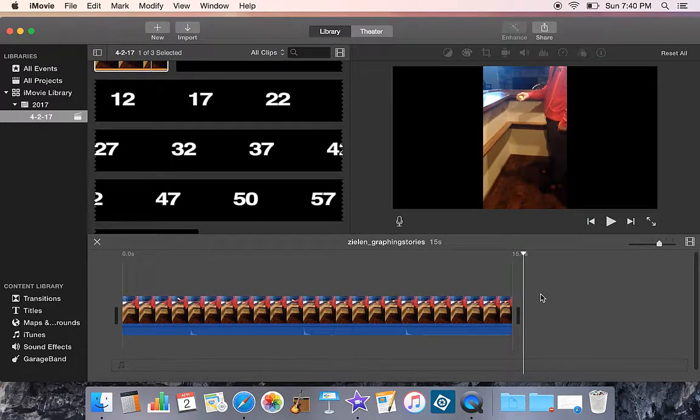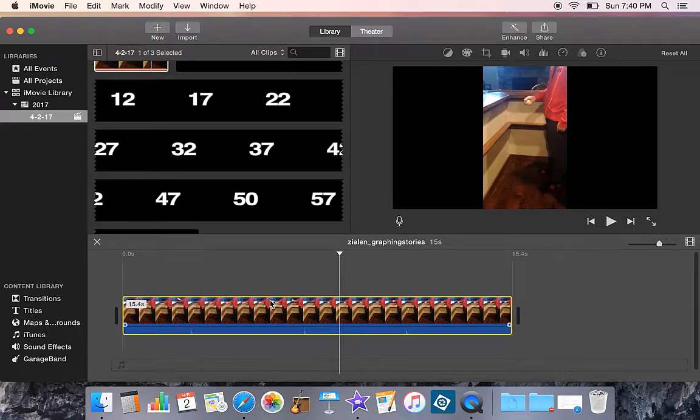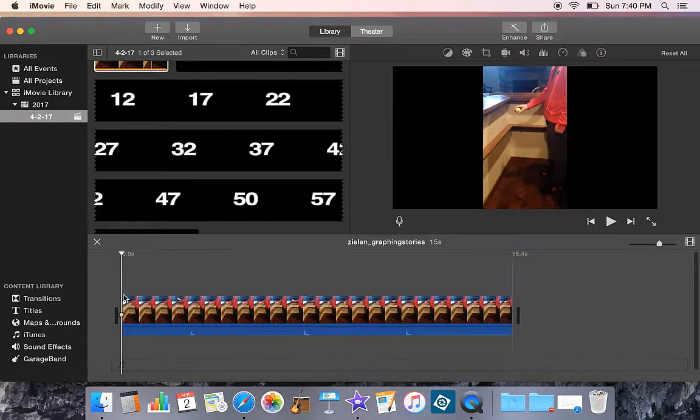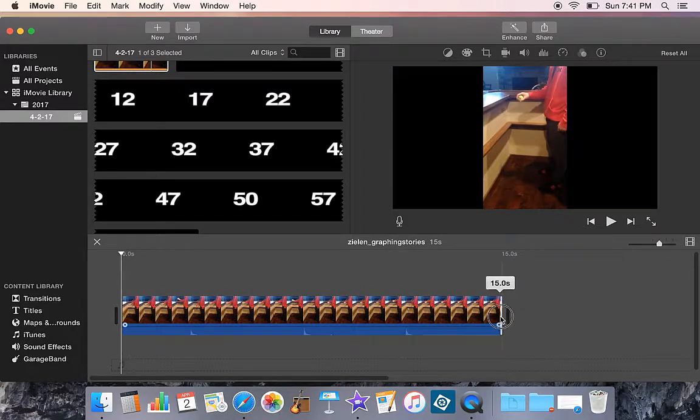What iMovie allows you to do really easily is trim it up. So you can watch. You can hover your cursor over different parts of it. You can click to see what's going on at that moment, and you can play to see what this video is all about. If you want to take something out, say there's a very boring few seconds at the beginning or at the end, where it's just me turning off the camera, you can drag the end of the video